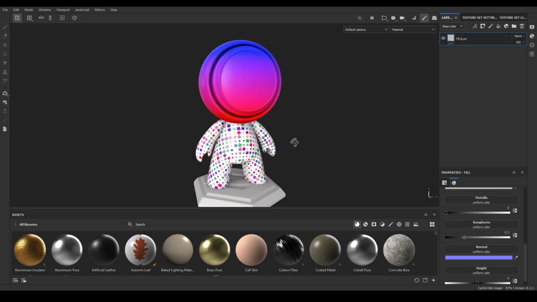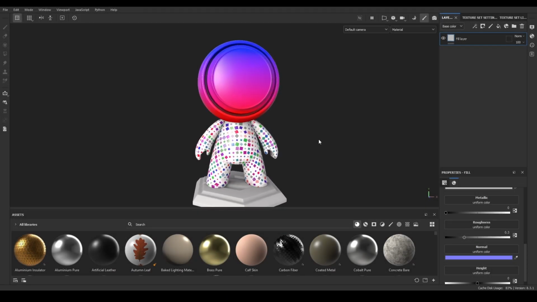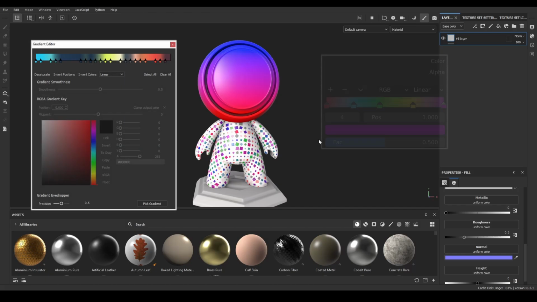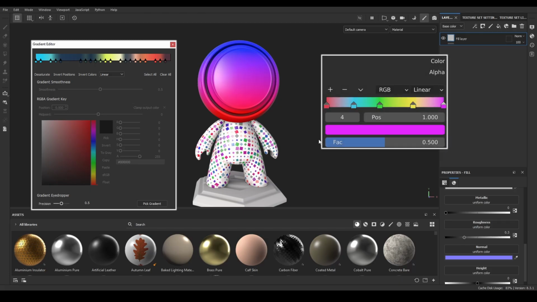In this video, I'm gonna explain the function of the gradient filter from Substance Painter. It's very simple. It just takes grayscale information and converts it to color information, similar to the gradient node in Substance Designer or color ramp node in Blender. If you have used one of those, you'll get the hang of the Substance Painter gradient very fast.